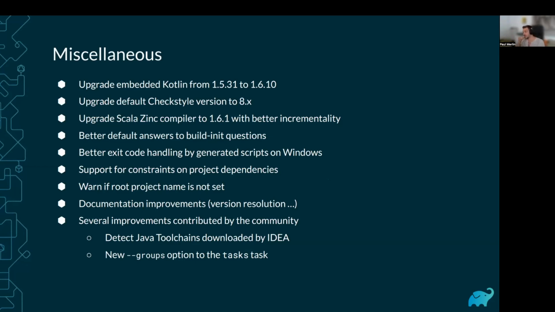We fixed the support for constraints on project dependencies that was broken for a long while. And in the goal of having saner defaults in Gradle, we added a warning if the root project name is not set. We made some improvements to documentation and merged quite a bunch of community pull requests with mostly bug fixes,